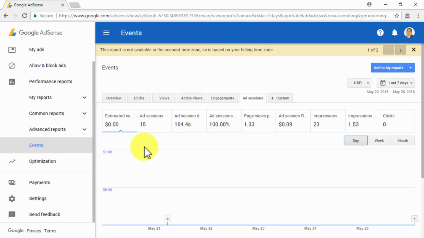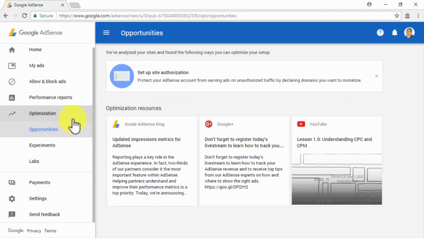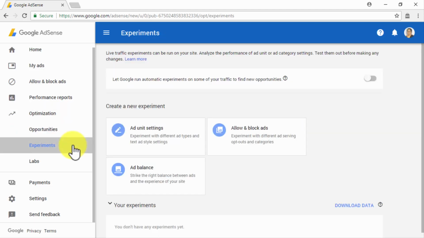Okay, let's now click on the Optimization tab. Here you will be able to access 3 sections: Opportunities, Experiments, and Lab. Let's start on the Opportunities section. In this section, you will be able to access optimization resources that adapt to your setups. In the Experiments section, you will be able to conduct live traffic experiments on your sites to analyze ad performance